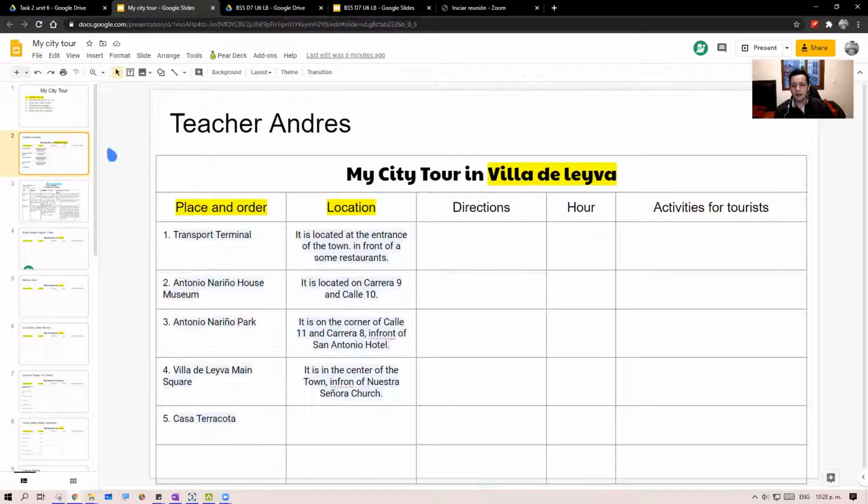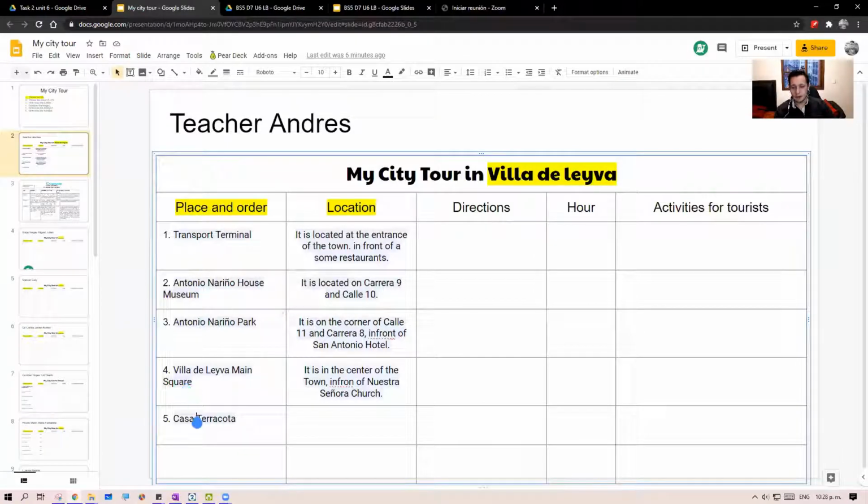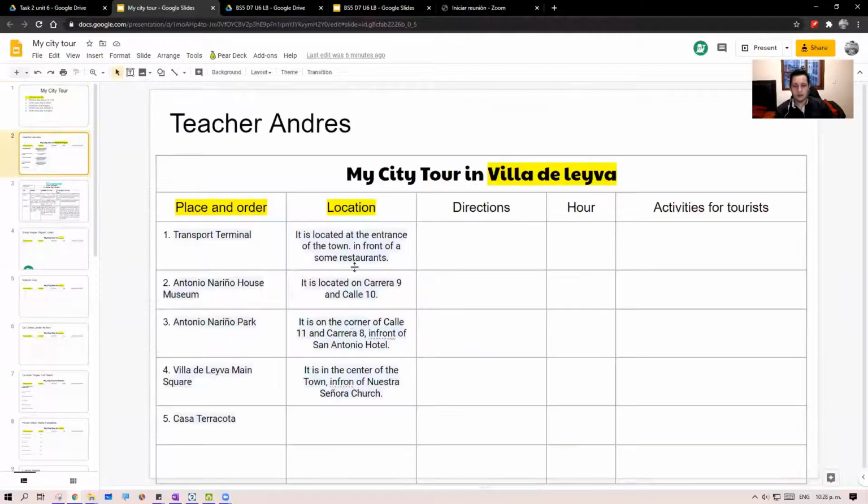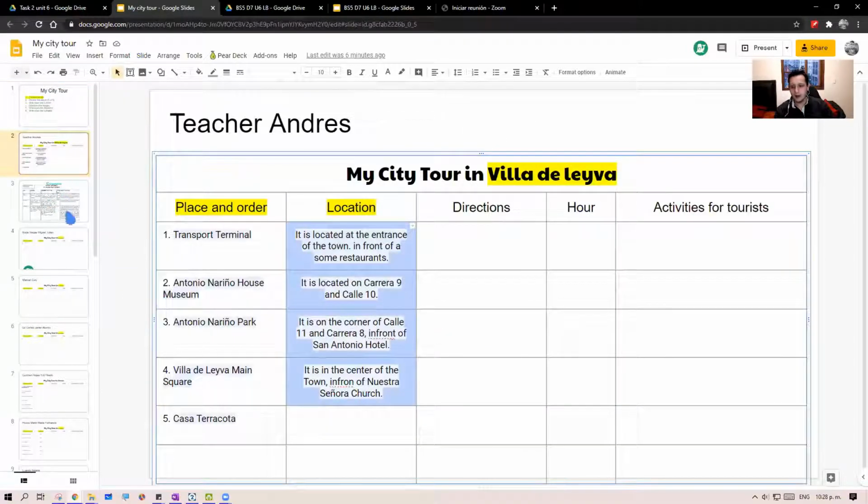Now, you have to choose the 5 or 6 places. If you want to choose more, don't worry, go ahead. So, well, I have here my places. Number 3, write down the location. As you see, I have it here. Next,